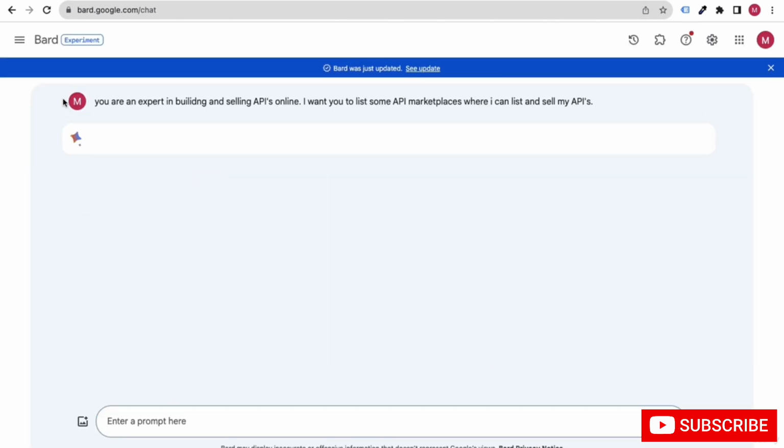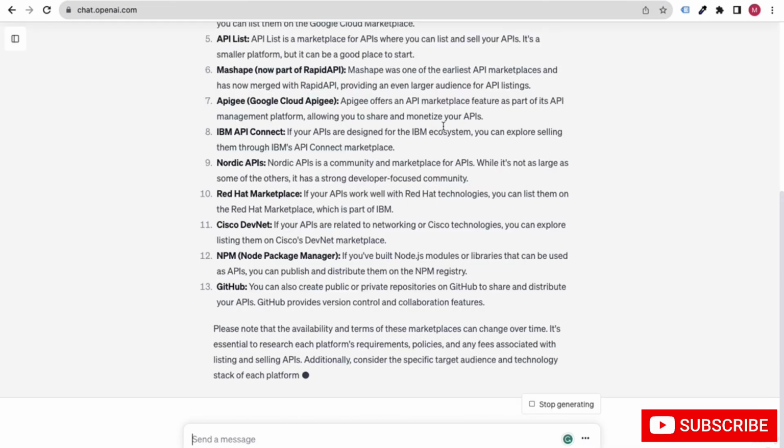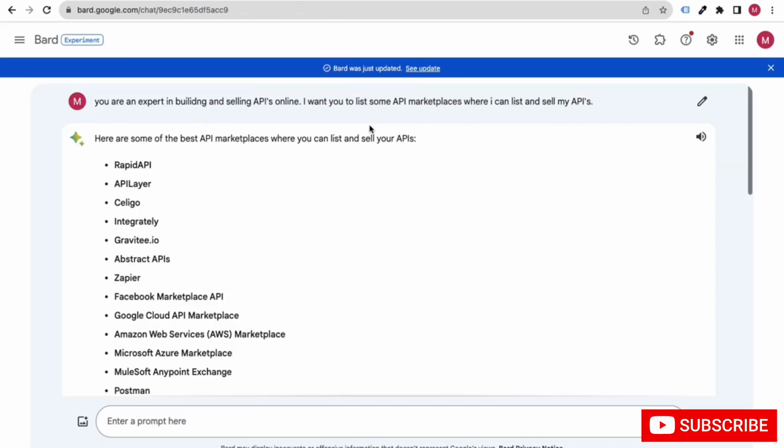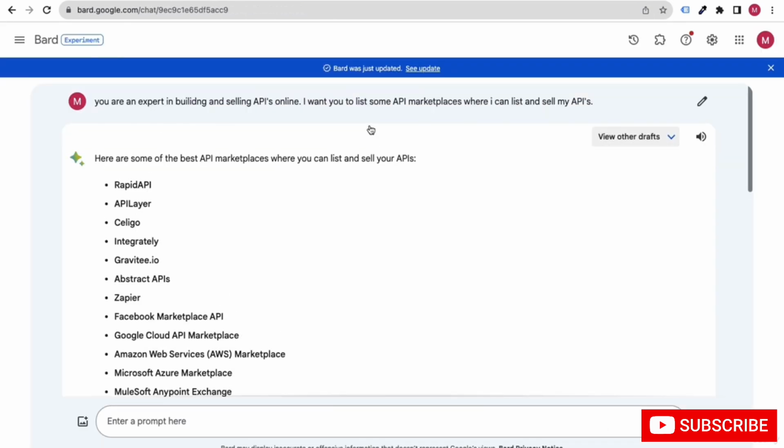Of course the amazing thing about Google Bard is that it always gets updated with information. So in ChatGPT some information is outdated, but in Google Bard you will not get outdated things. So it will always provide you with the latest content, right.